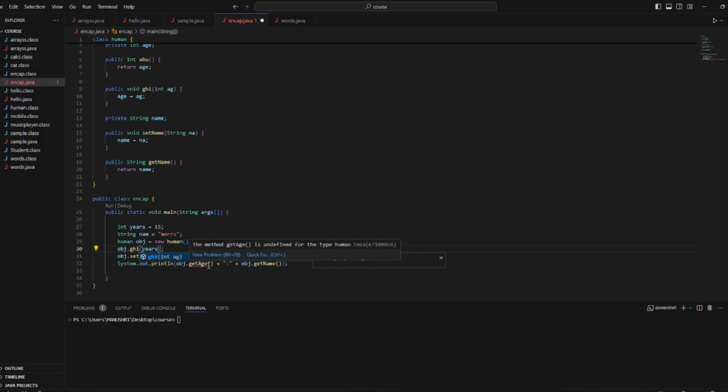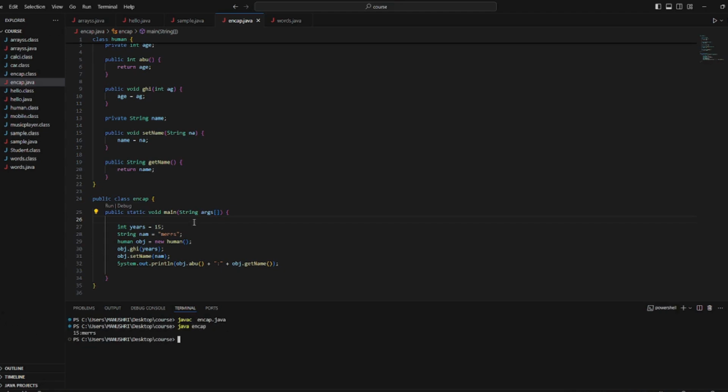Then of course it will print the same value. Yes, it has given us the same value, but you know why we use getName and setName like this?